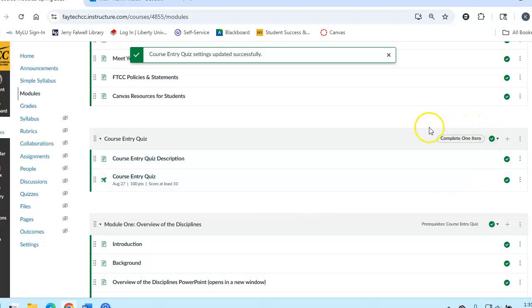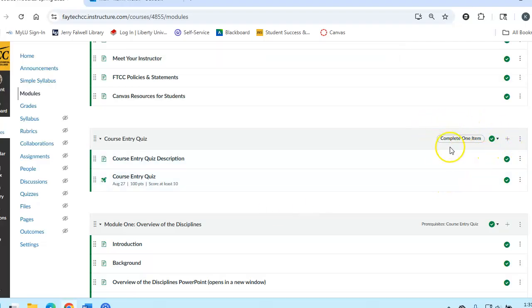And there it is. Look, we now have this complete one item here. What's the item they got to complete? The course entry quiz, and they have to score at least a 10 on it. Okay? Now it's this plus the prerequisite for the modules that makes it possible for the students to only take the course entry quiz first, to not be able to take any other quiz or assignment that's in those later